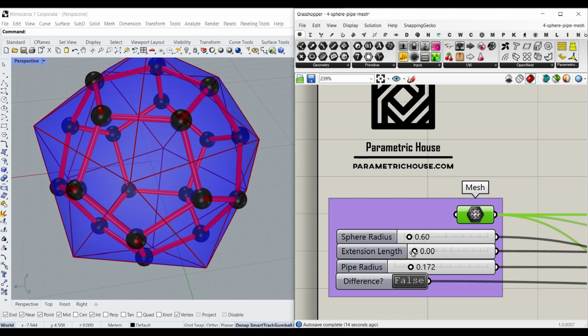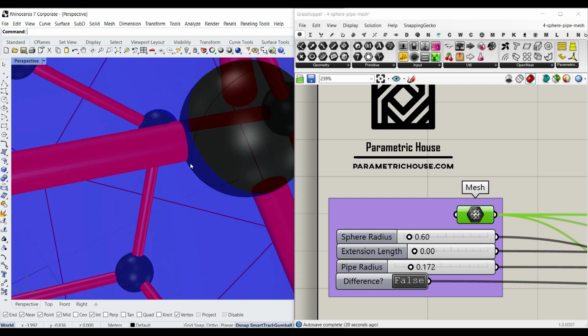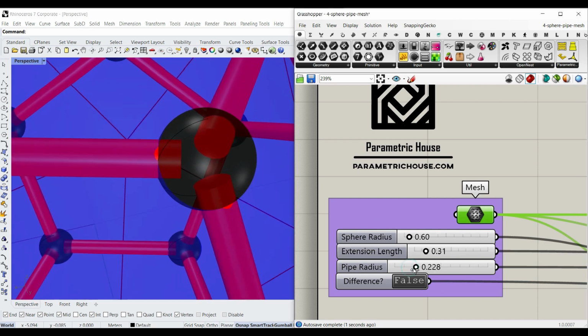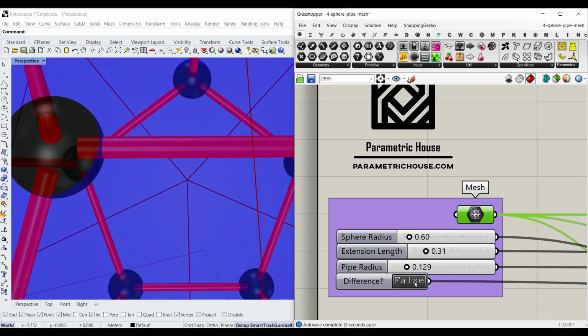We're going to also define an extension line. So that's going to define how much we're going to extend it. For 0, it's going to just be from the start of the sphere, and when we extend that, it's going to go towards the center of the sphere. And then the pipe radius, obviously, if we want to define that. And finally, we just say find the difference, which is going to give us these spheres as a real solid